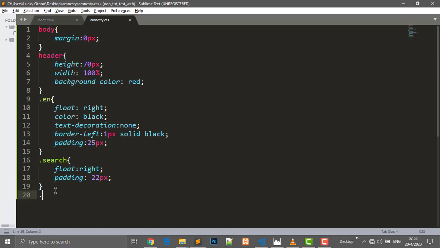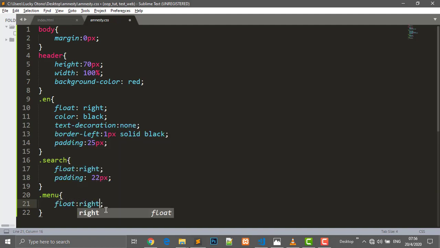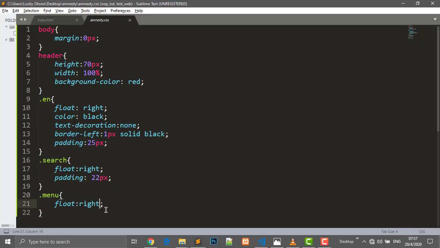We say dot menu, the class of the div. So move this menu. Let's float it to the right first. And then we want to move it